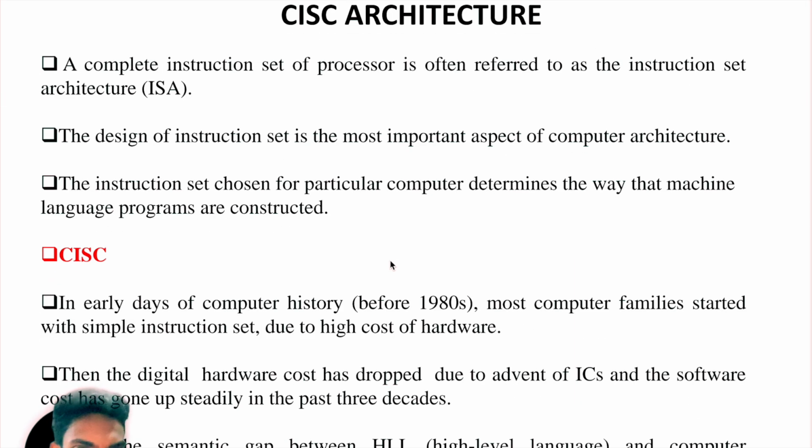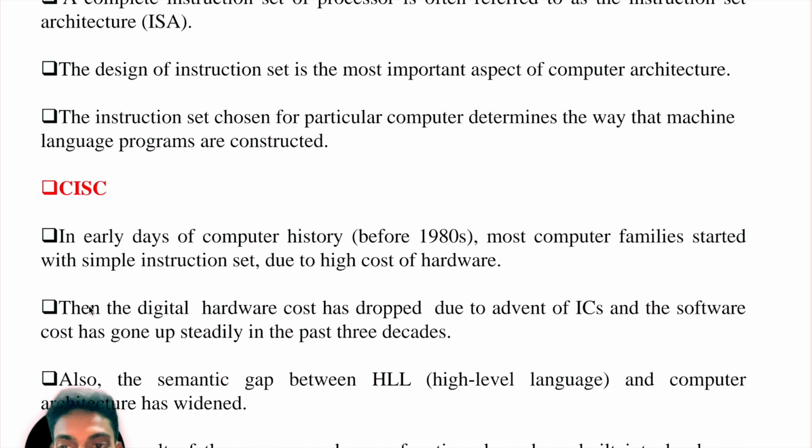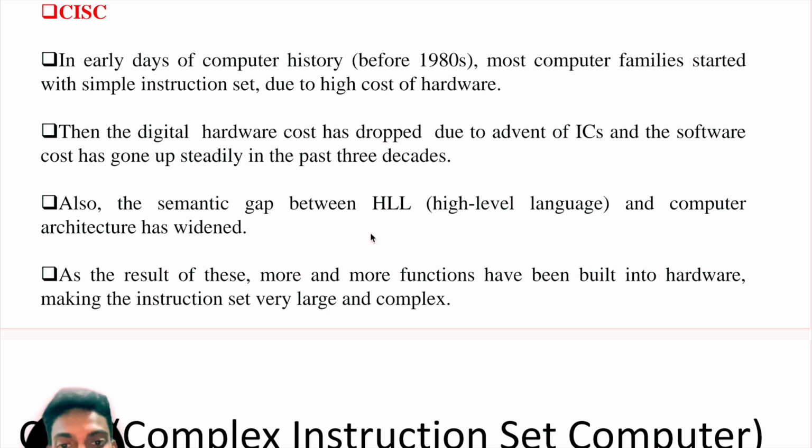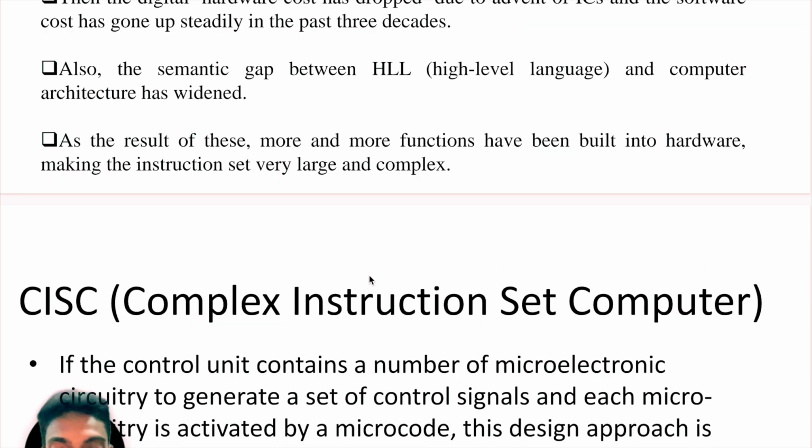So, CISC architecture. CISC, as I said before, stands for Complex Instruction Set Computing. Each and every specific instruction, with a little variation, has an entirely different instruction for it, along with a specific hardware implementation which is unique to that instruction. As you can see here, due to the dropping of hardware costs and the increase in ICs, software cost has gone up steadily. As a result, functions like multiplication and division, which would be implemented in software, have been implemented in hardware, which makes sure that every instruction has a specific block in the integrated circuit.